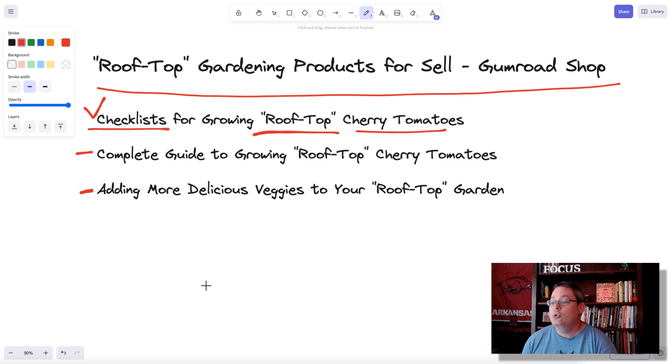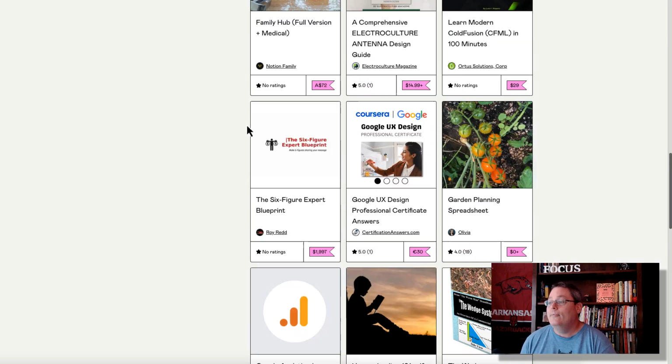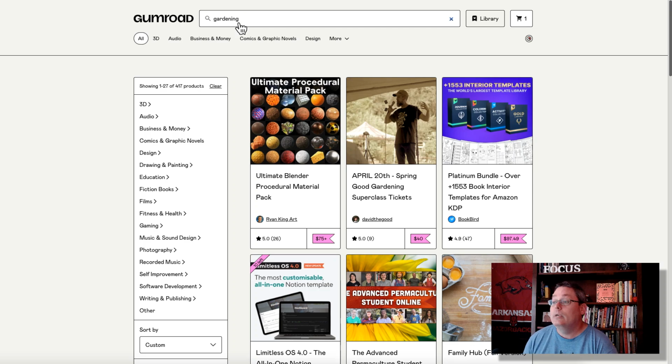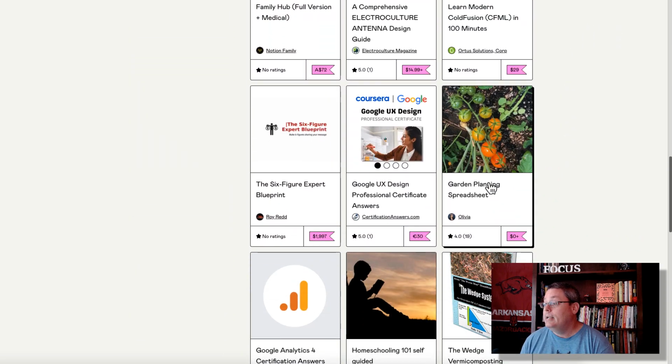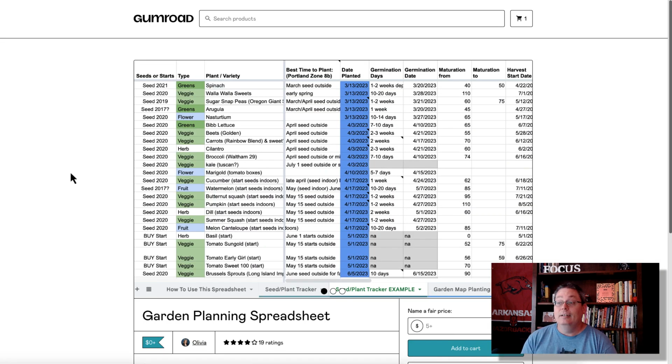Again, we go back to understanding and knowing what we want to create, and then we go to Gumroad and we verify this. We go to Gumroad and we search for gardening. We scroll down and we see here, gardening planning spreadsheet, a spreadsheet. Literally an Excel spreadsheet or a Google Sheet that has been created by this product creator, and they are selling